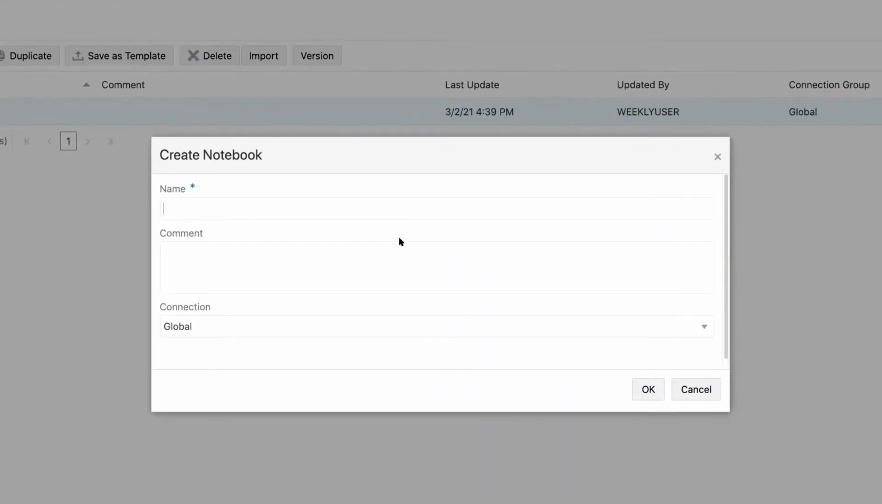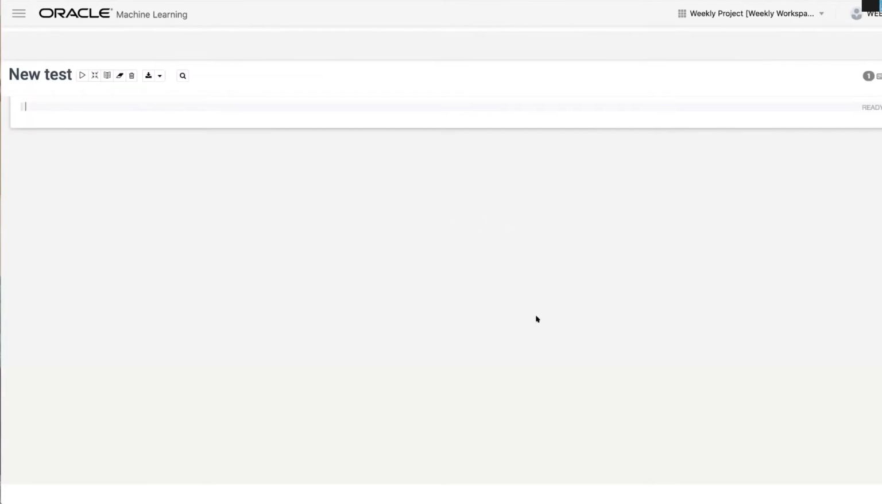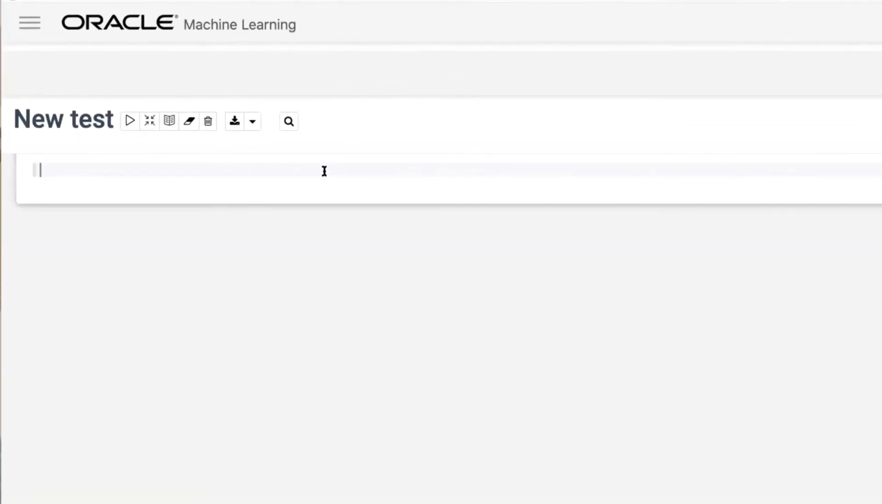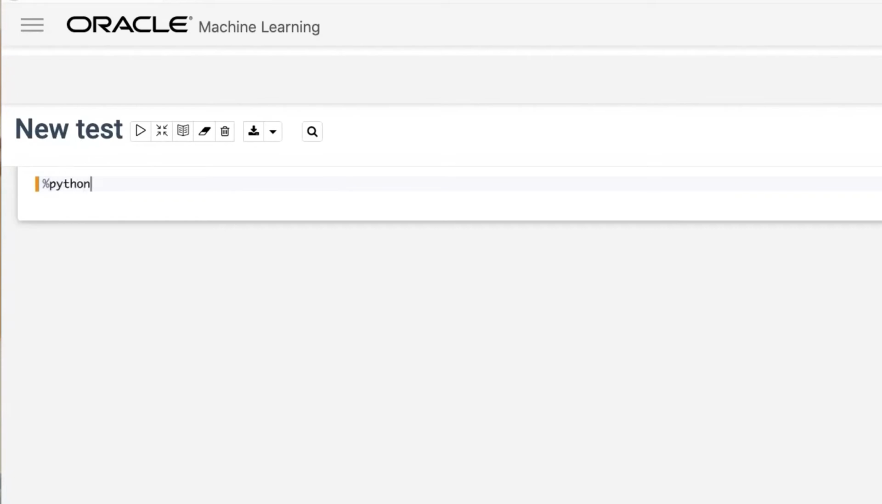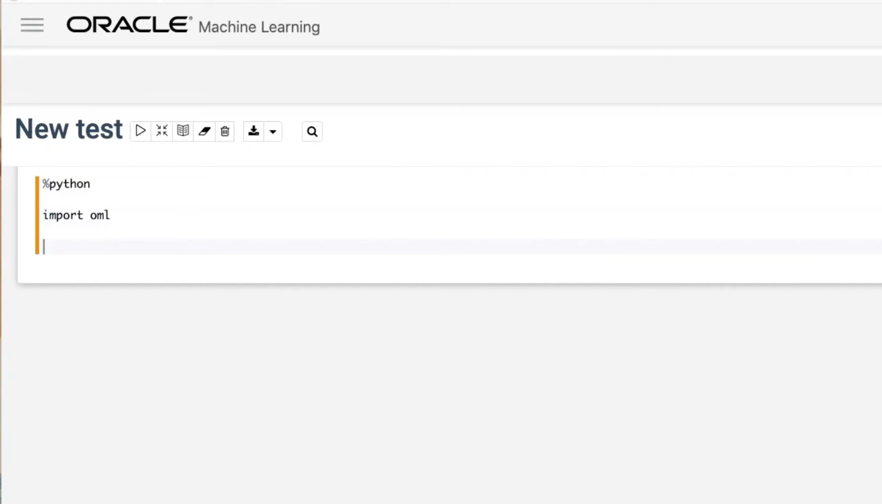I can say new test. So in my new test here, I would be able to say, okay, now I can access that data, because before I did not have any data there to play with. I could be running those notebooks that create data from scratch, but I could easily do now Python here, and then I can do import OML,